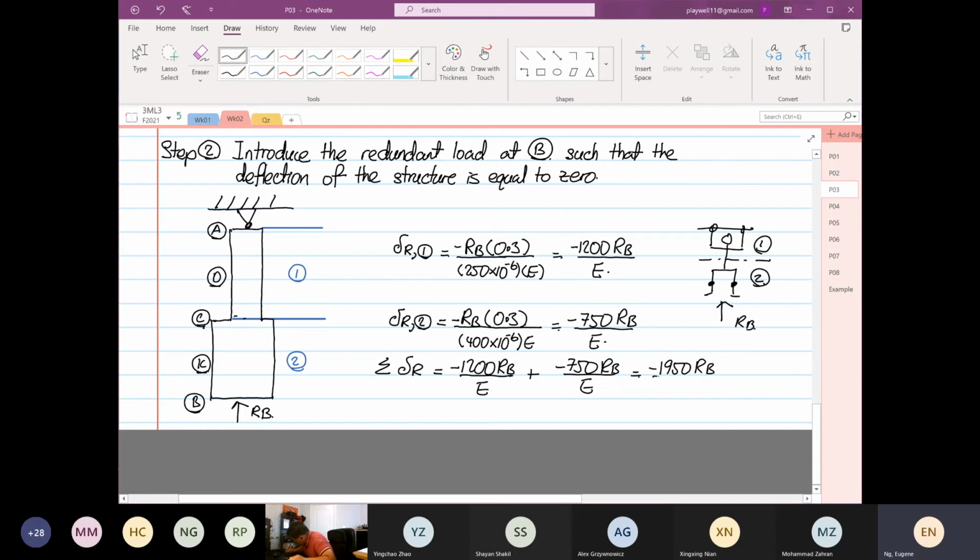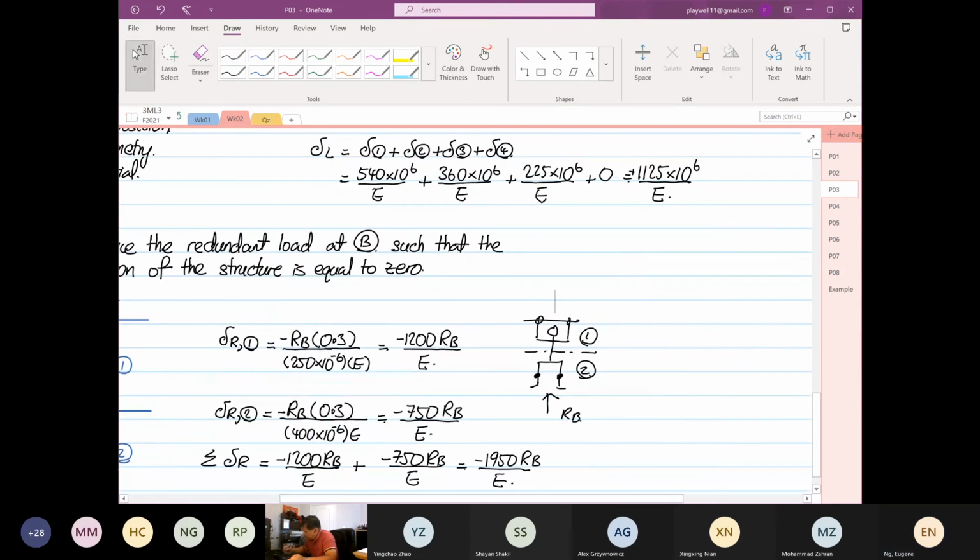RB over E. Okay. So what you observe, like what I told you guys earlier, right? The applied load, I hate this one, sorry. So this is plus 1125. Is it 1125? 540 plus 360 plus 225. 540 plus 360 plus 225 is 1125 times 10 to the power 6 divided by Young's modulus, right? Like what I mentioned to you before,